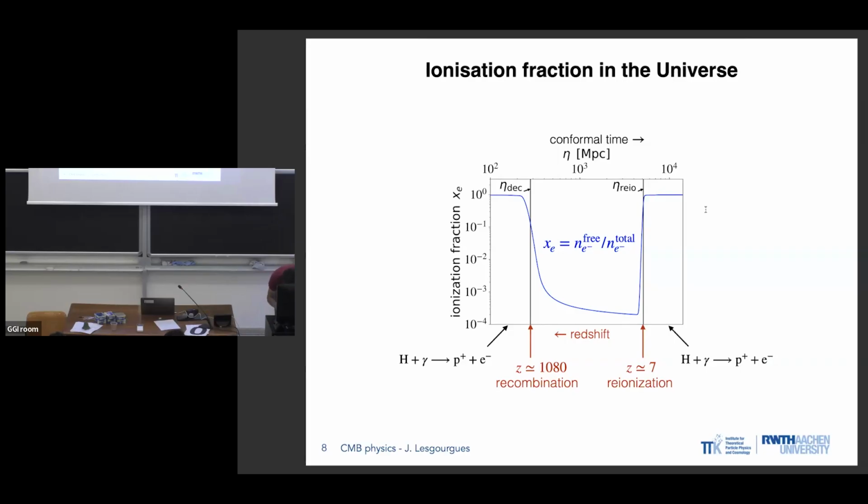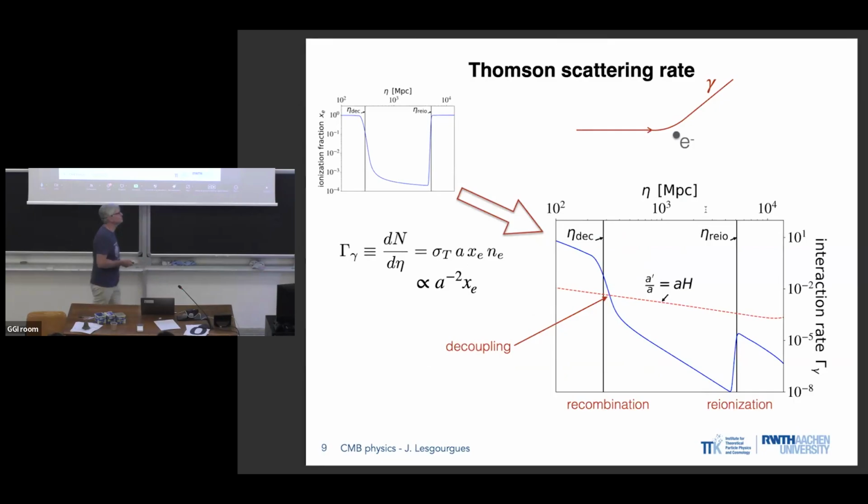fraction of order of 10 to the minus 4. And then when the first stars form, the photons they emit re-ionize the universe. So around a redshift of 7, at re-ionization, this fraction goes up again. The ionization fraction is crucial in order to understand the evolution of the Thomson scattering rate, here per unit of